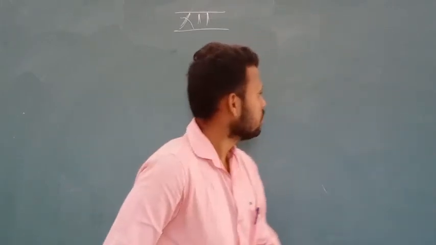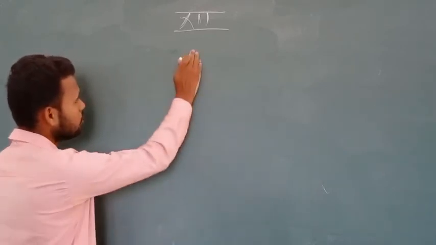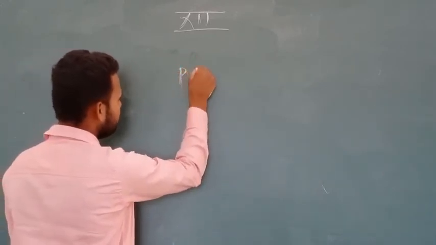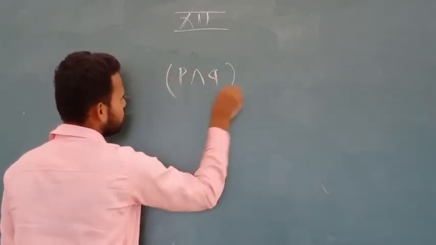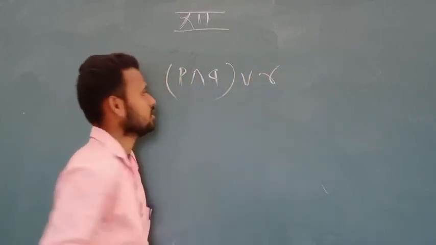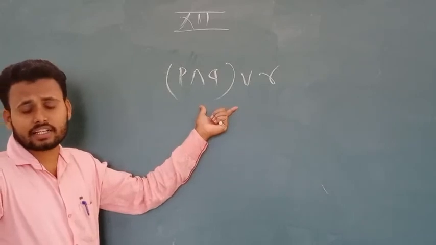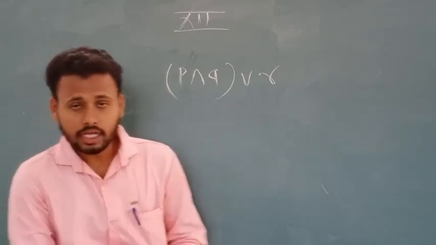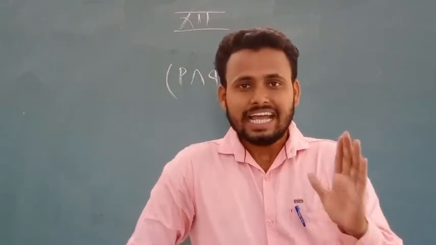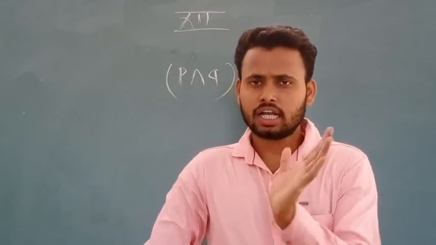Definition of the statement pattern. Before that, P, Q, R... What can we call this? Statement pattern. Definition of the statement pattern: suppose let P, Q, R up to so on